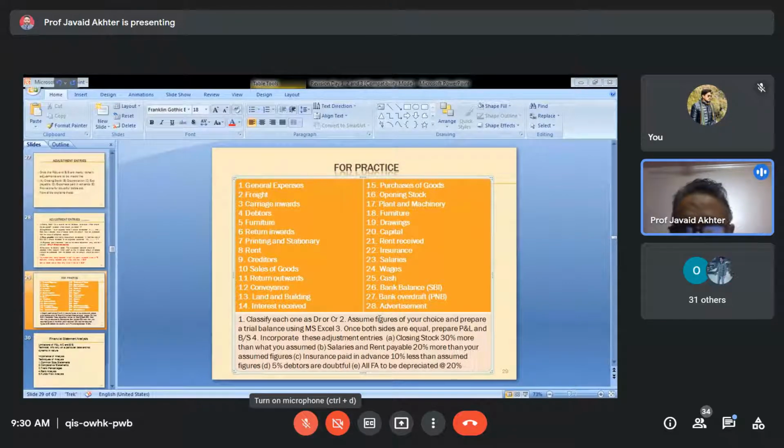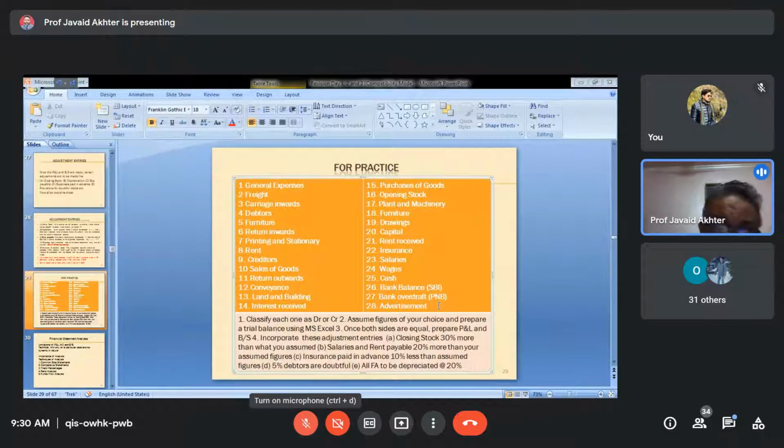The casual attitude of the students, I mean, to some extent you can say non-seriousness, forces me to ask you to attempt this exercise like this. Suppose I write these figures, one of you can solve, share it with others, everybody will say this is the answer without applying his or her mind. But if I am asking you to assume figures of your choice, out of 28, I'm sure not each one of you will assume the same figures. All 28 will be different.